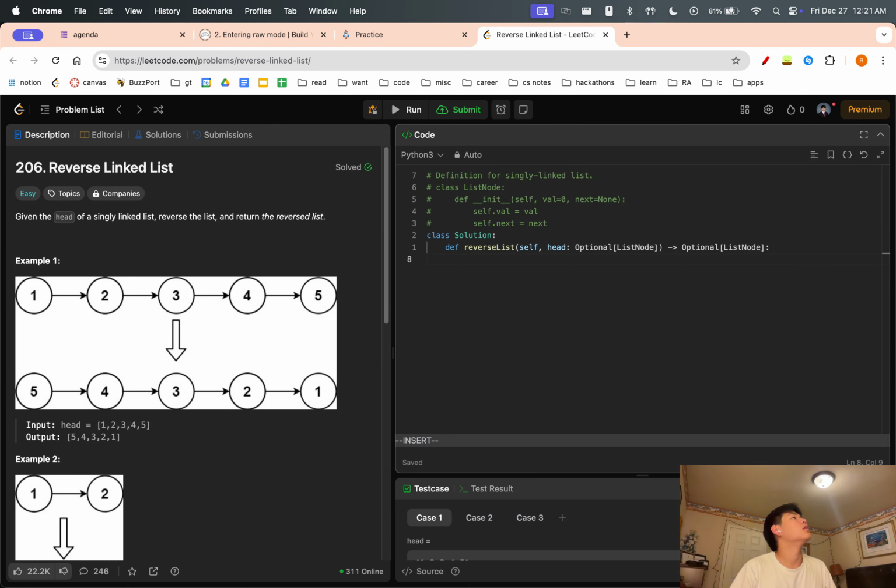Let's see. So say we're at 1, right? We have 2 is the next node. Do we set 2's next equal to 1? And then we have 3. We set 3's next equal to 2. And then